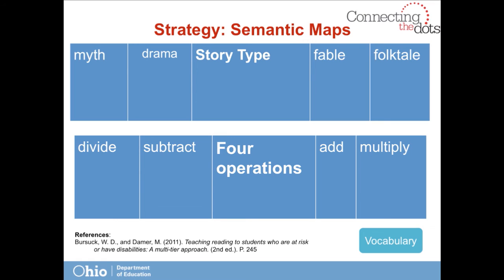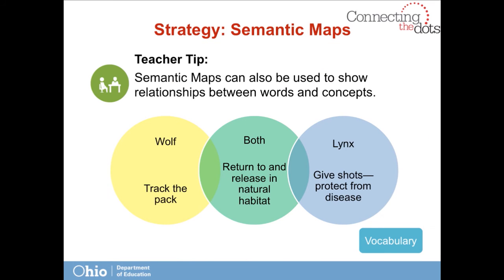Both vertical and horizontal semantic maps are useful in progress monitoring. You can gauge student retention and understanding by analyzing their independent work samples. At Grade 3, Informational Text, Integration of Knowledge and Ideas, Standard 9, requires students to compare and contrast the most important points and key details presented in two texts on the same topic.